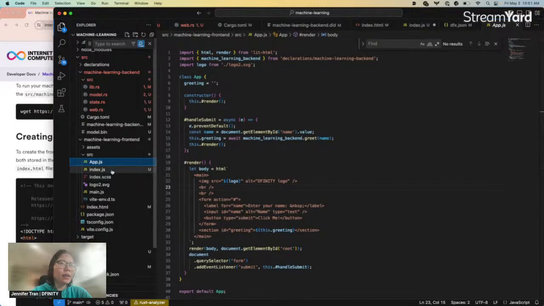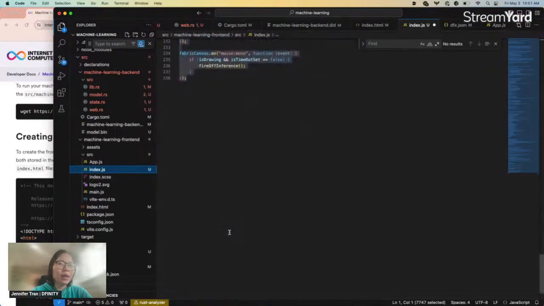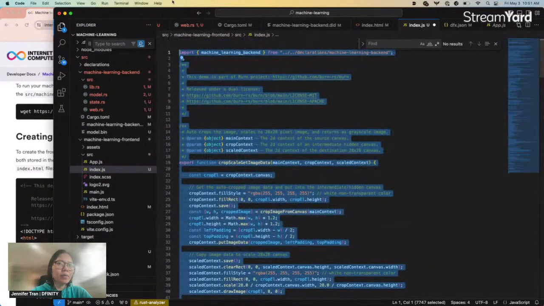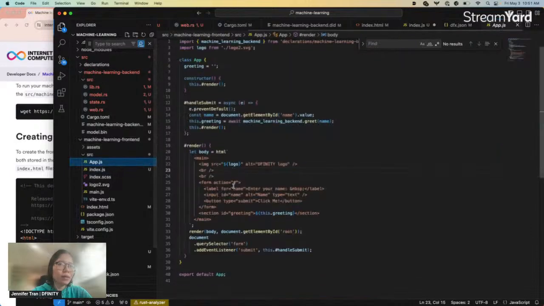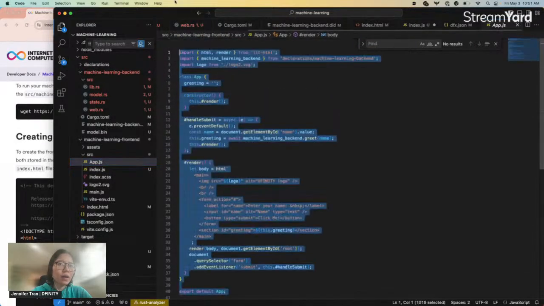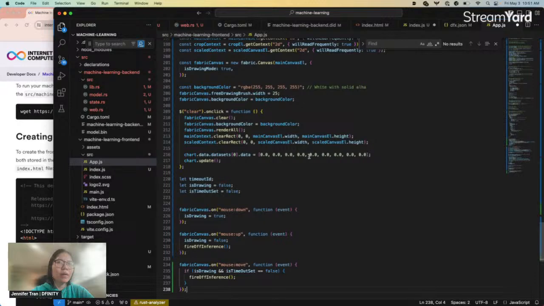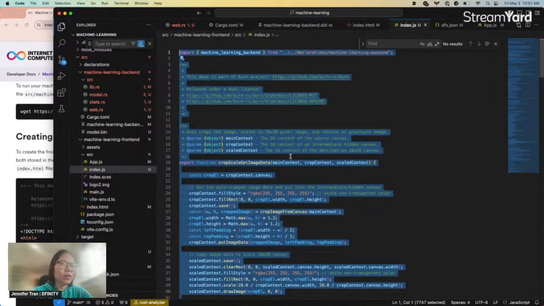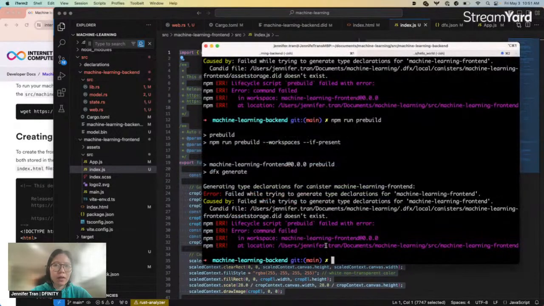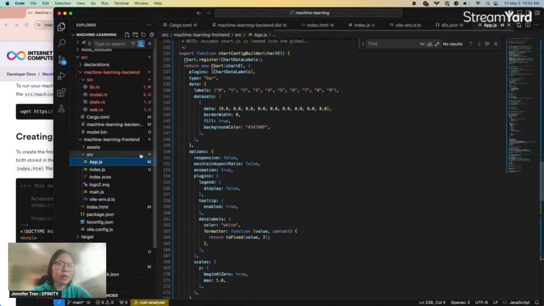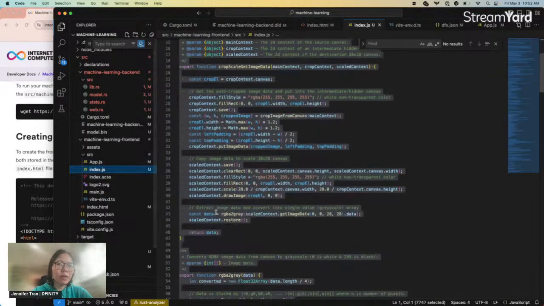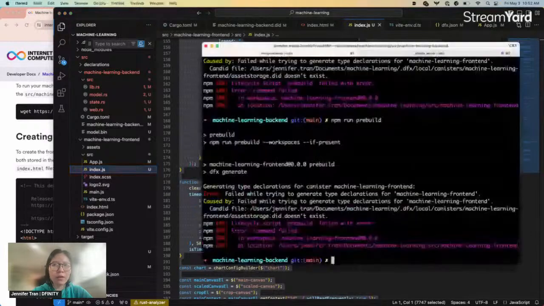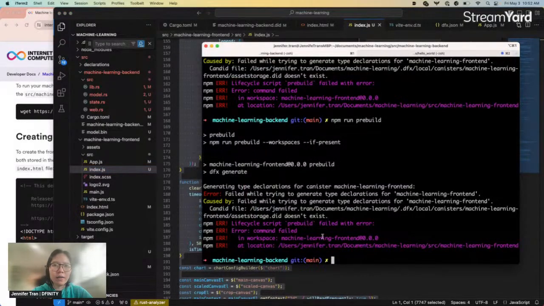Yeah, so I think here this is probably where we want to practically have index. Okay, it's still giving me this error. Let me just double check this real quick.